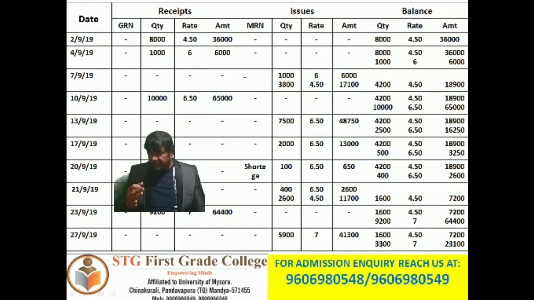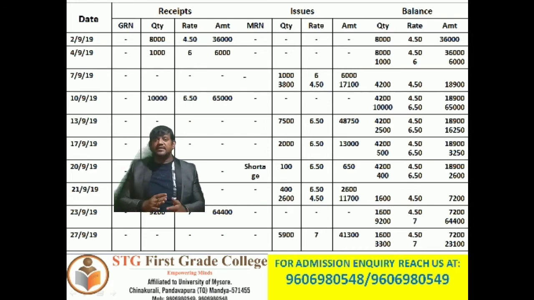And out of 500 units of balance of 17th September, I have issued 100 units on 20th September as a shortage. So quantity balance 500 minus 100 comes to 400 units. 400 units into 6 rupees 50 paise per unit, so the amount column comes to 2,600 rupees. So on 21st September 2019,